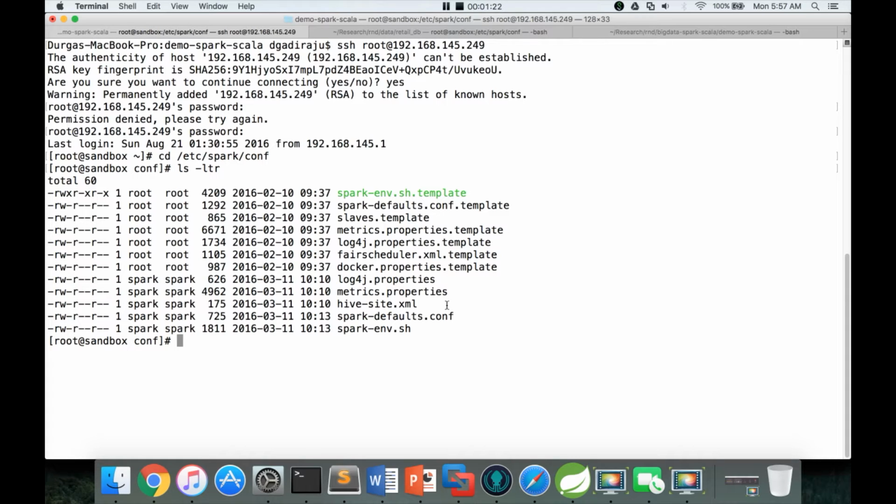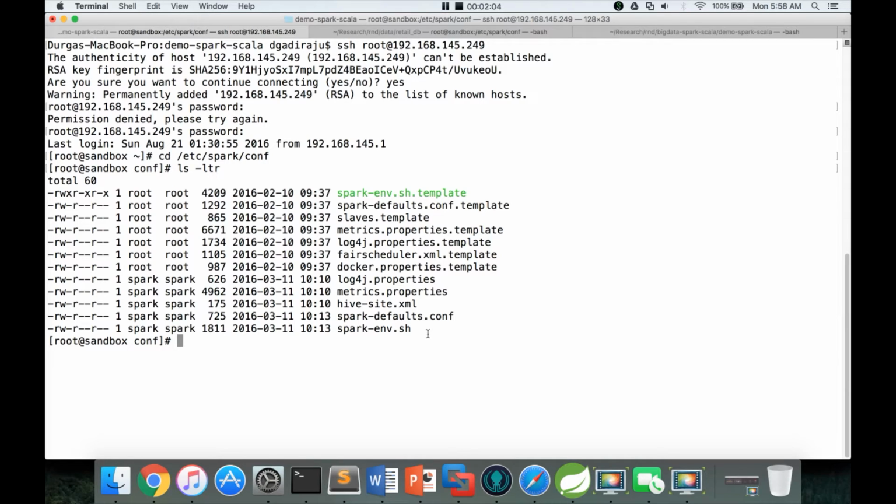you need to check with your administrators to confirm what the actual location is, and also check with them whether you have access to that location. So there are two things: you need to know where these configuration files are, and also you need to have access to them. In sandboxes or virtual machines, you will have root access, so there shouldn't be any problem. But in actual projects, you might not have access to this location, /etc/spark/conf, or they might have created a different location and placed the configuration files over there.